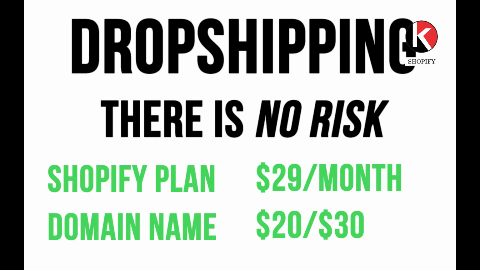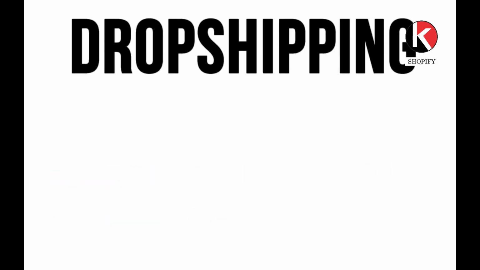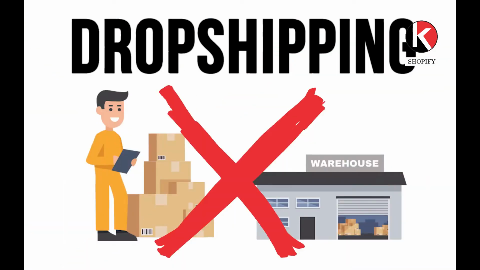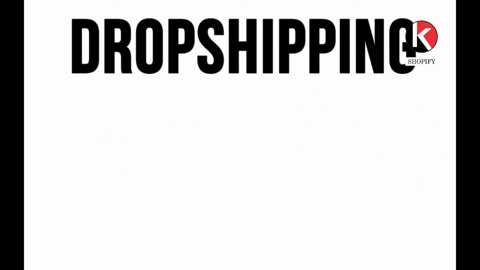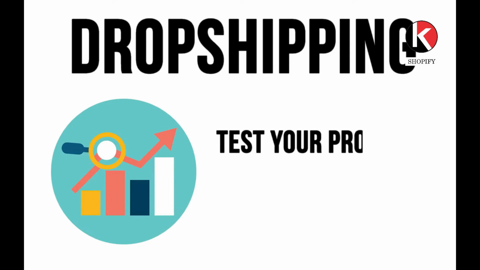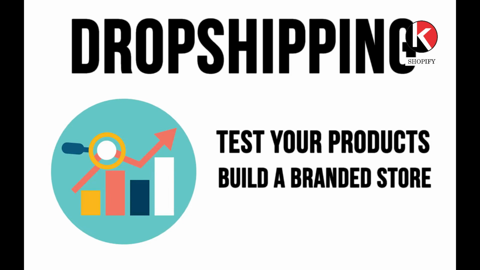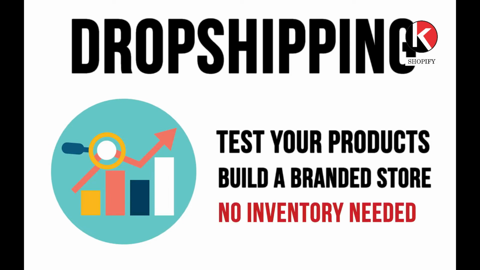And the beautiful part about dropshipping is that you don't take any inventory risk that you're taking with something like Amazon or something else, right? So at the beginning with dropshipping, you can truly test out if a product is good. You can build a branded dropshipping store, and you don't even have to order any units. You don't have to order 100 or 1,000 units, right? There's a lot of suppliers out there that will dropship for you with a logo, and they'll do it very well. They'll do it with good packaging, with good branding design that you'll create, and I'll show you how to do that as well. And so that way you're not taking any risk on inventory,